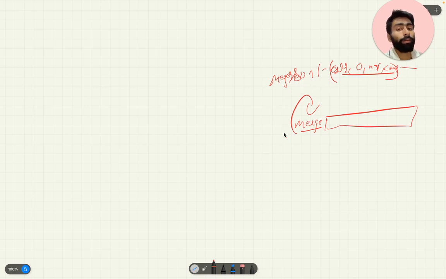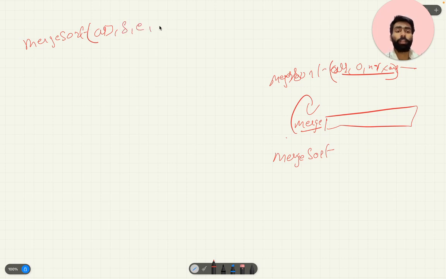Let us see how we do merge sort. First understand how we do it. In merge sort, we have an array, a starting point, an ending point, and in this case we also have a count variable.